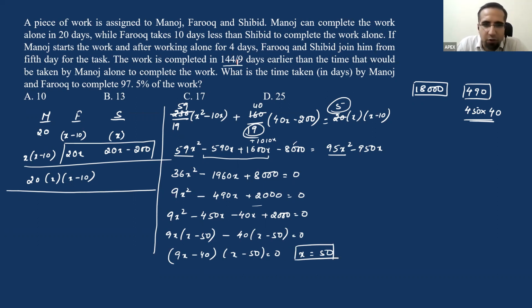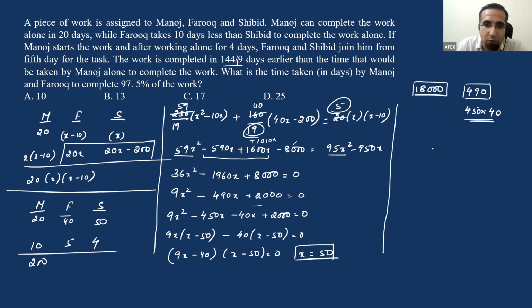Clear? So if I take x is equal to 50 here, what is my final table looking like? Manoj can complete the work in 20 days, Farooq will take 40 days and S will take 50 days. So 20, 50, 40, the LCM is 200. This guy does 10, this guy does 5, and this guy does 4. Now, what is the question asking us? In how many days will Manoj and Farooq, that means 10 plus 5 into number of days, will complete